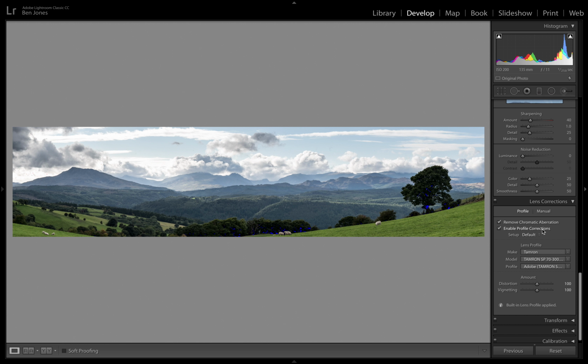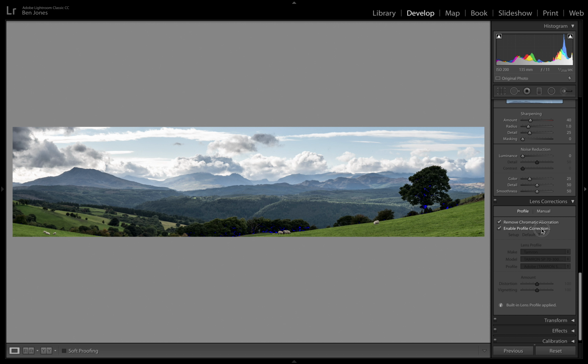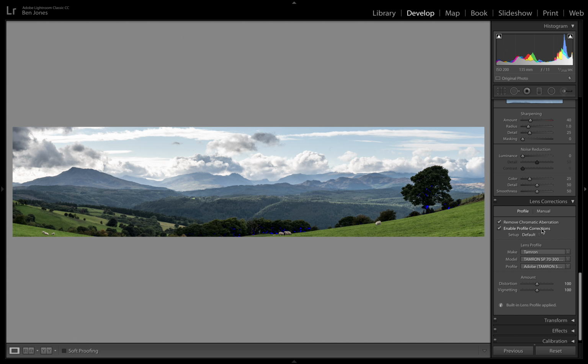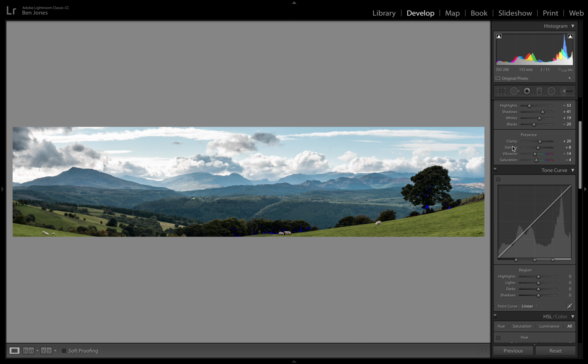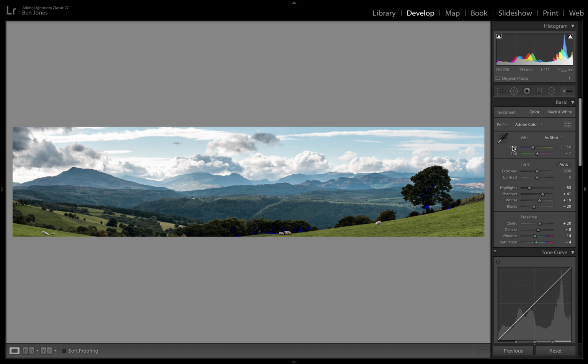You can see when I tick it, it brings the scene that little bit closer to you almost, which I quite like. It's bringing those mountains far in the distance that little bit closer. I think I might go further in and tweak a little bit more, but for now